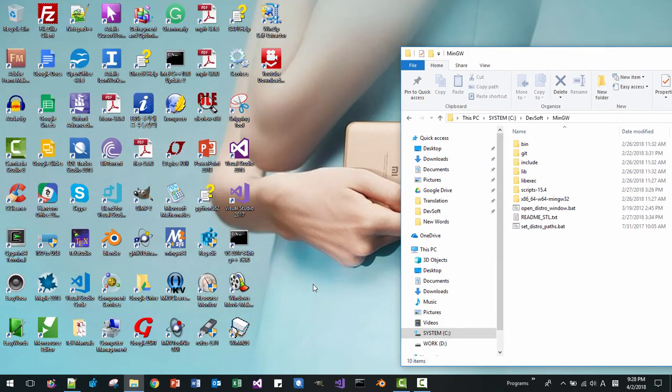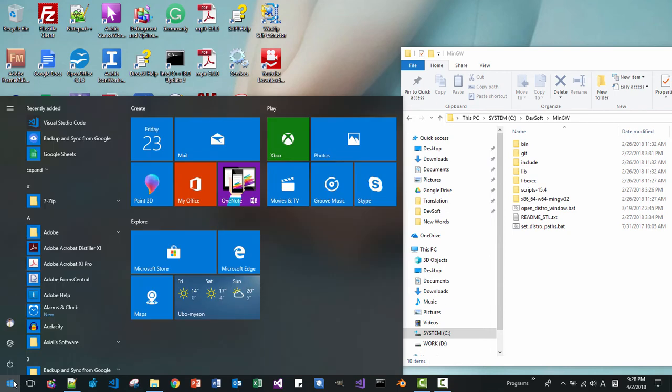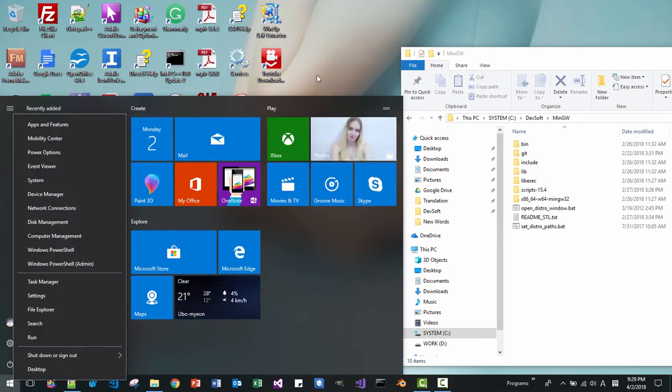So after installing Visual Studio Code, this icon will be created on your desktop. Drag it like this, then pin to taskbar. You can drag the Visual Studio Code icon to your taskbar like this, and click this. No, right click,